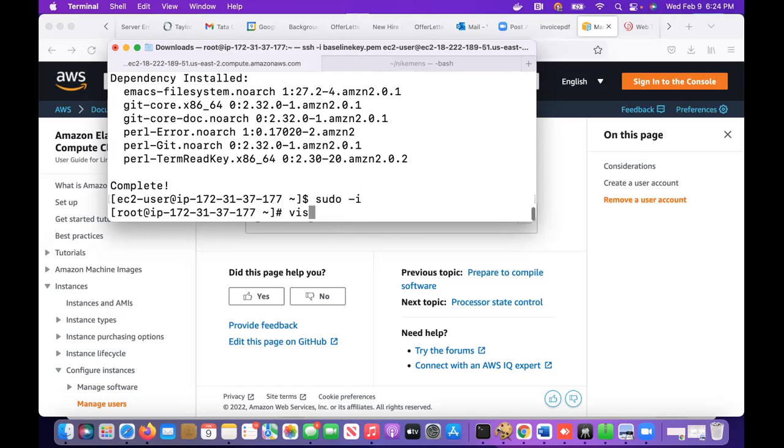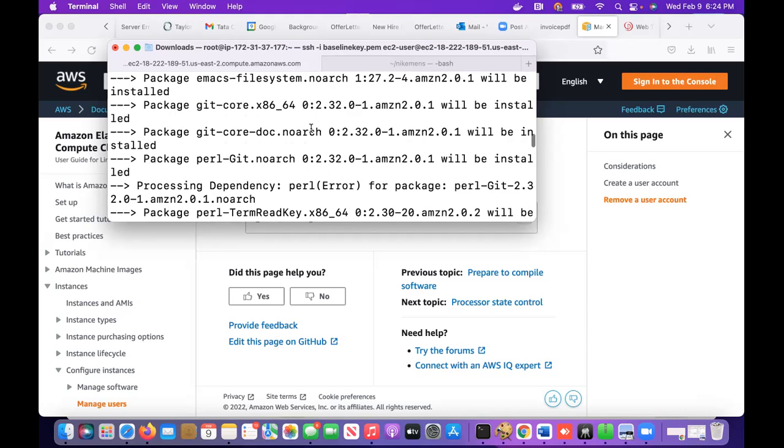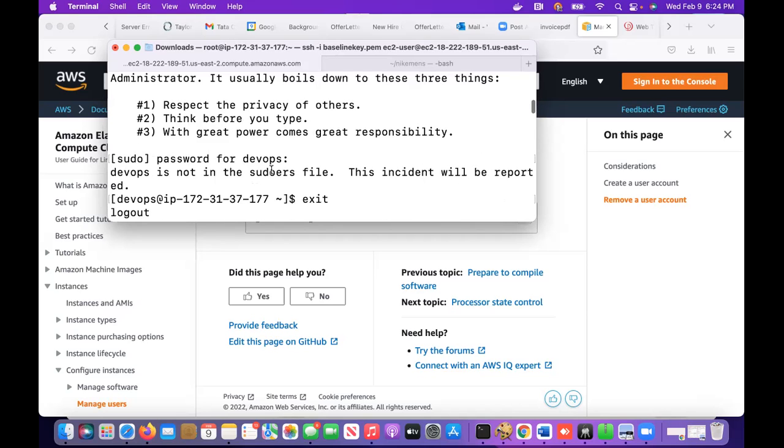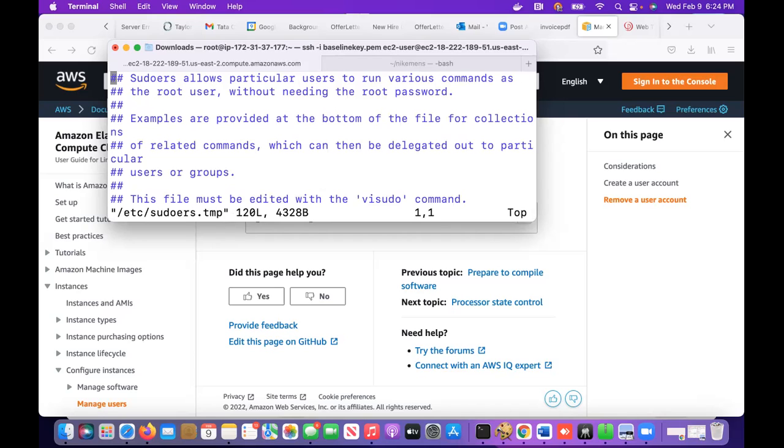There is a file called visudo, right? That's what they said, right? visudo, right? You see that sudoers file. So let's go and run visudo, and here